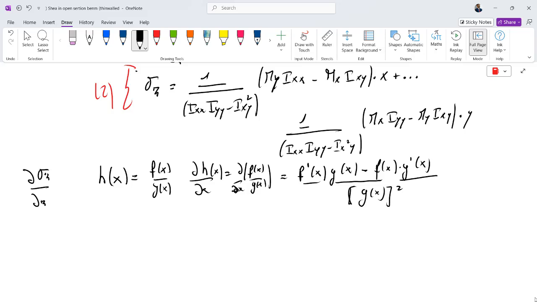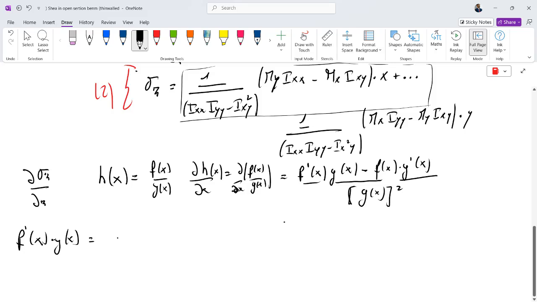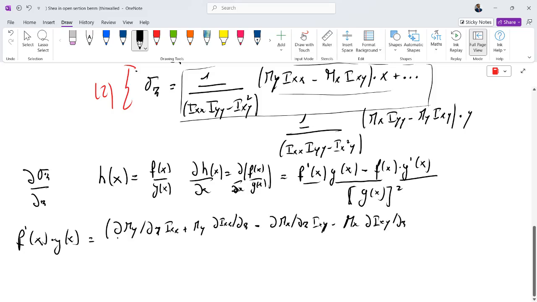So if I make this calculus, for instance, for the first member, I have the first quantity derived, f prime of x times g(x) in this case, is equal to: the first derivative is all these multiplied times x plus my xx minus mx xy, times the derivative of x with respect to z. All these